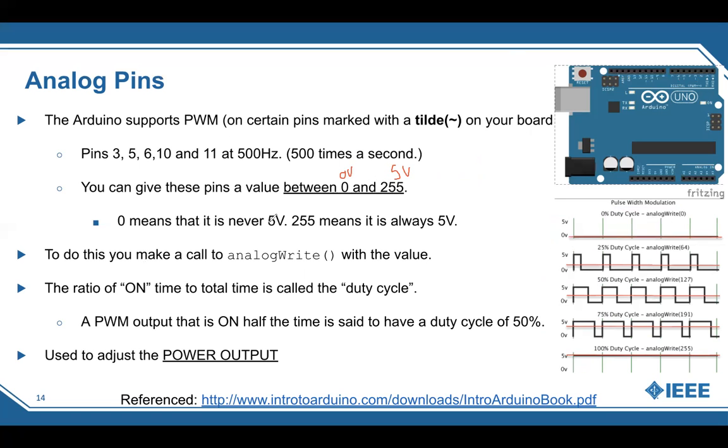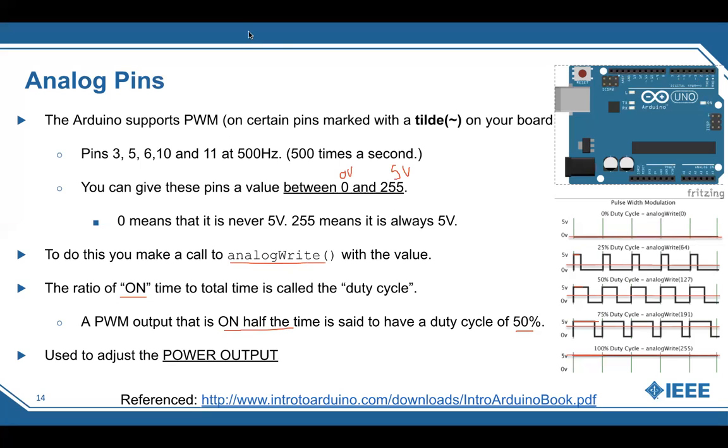And 0 means that it's 0 volts, and 255 means it's 5 volts. And so you have to do this for pulse width modulating with analog. The ratio of the on time, when it's actually on at the voltage, is known as the duty cycle. So if it's on half the time, it has a 50% duty cycle,